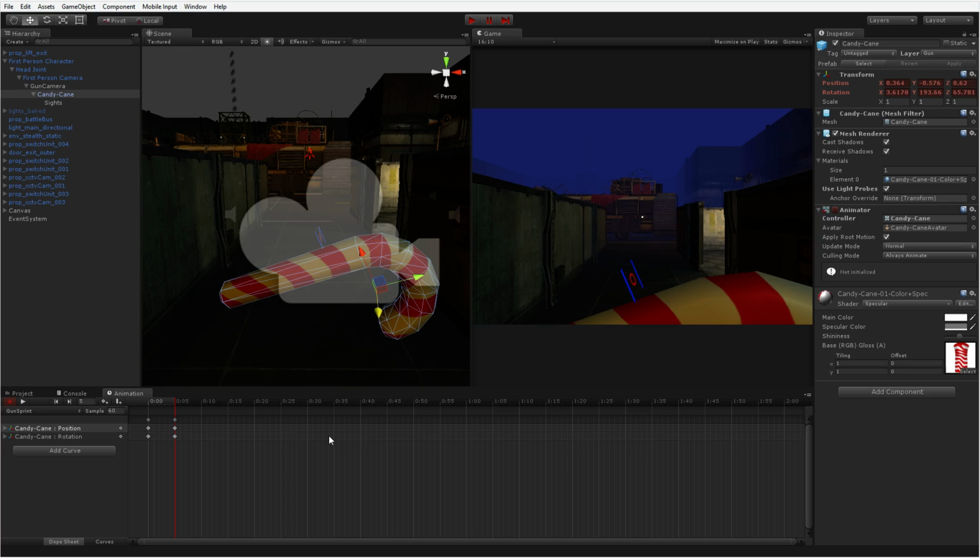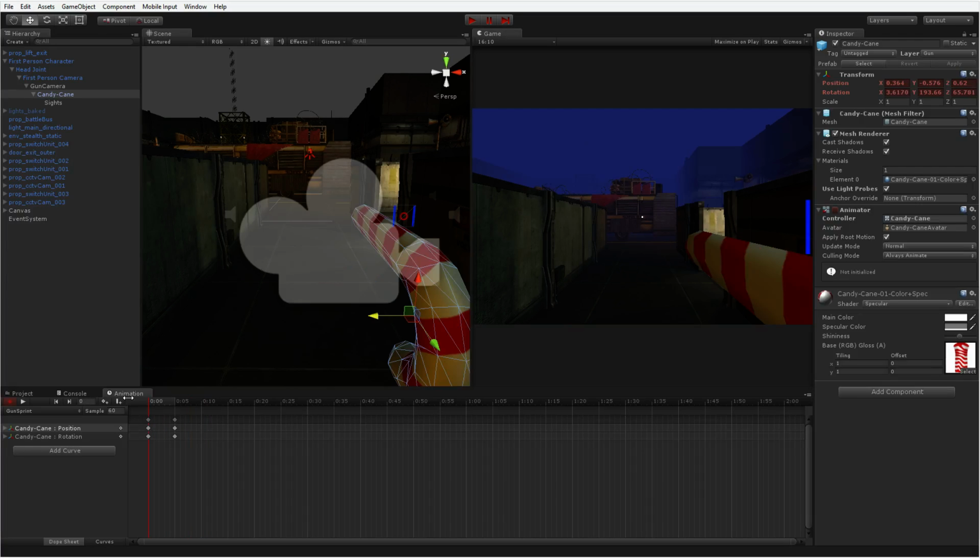That's good enough. So there we go. I'm cool with that. That looks good. So we're aiming and we bring the gun down to run. All right, so sweet. Great. So that one works there.